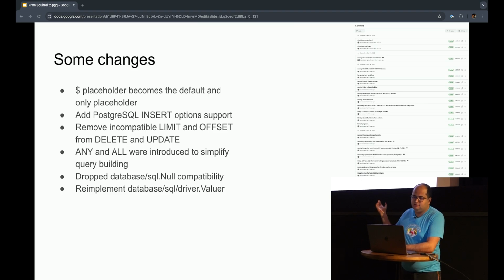So some changes were basically removing code, but after that I started seeing how I could improve the API, for example, to introduce support for some stuff like, in Postgres you have these insert options, but then you don't have limiting the offset for deleting, updating, and so on.